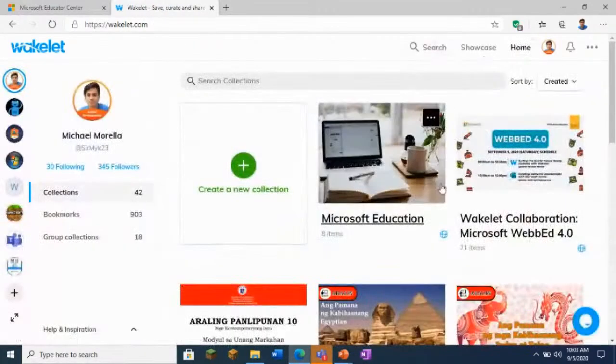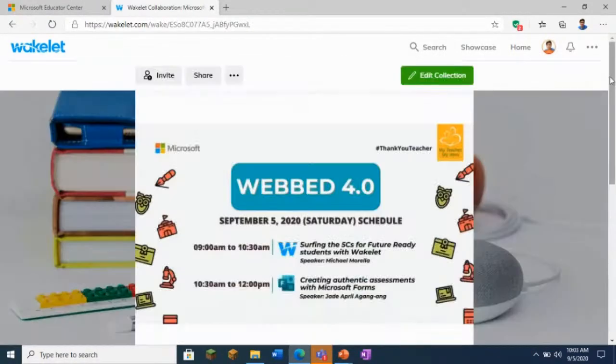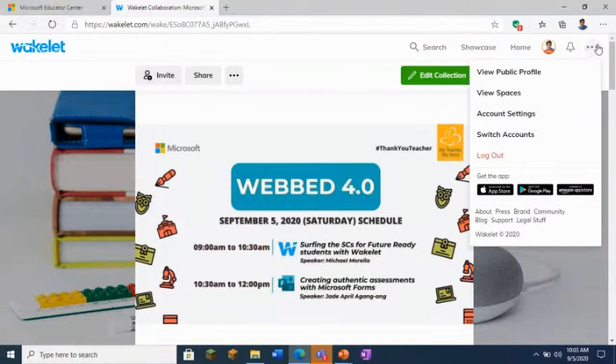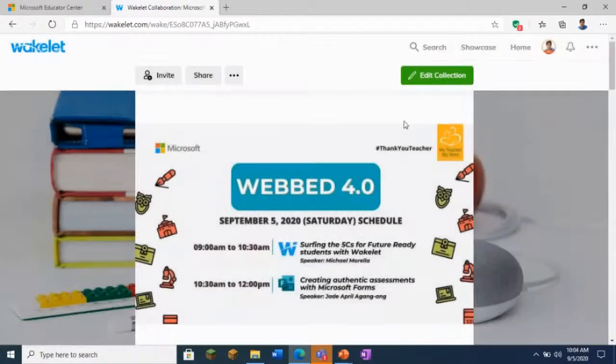Sir Mike, while waiting to populate the Wakelet, we have some questions that relate to contributing to the content. First is, kahit sino po mabigyan ng link ng collection of content ay maa-access ng students ko kahit walang account ng Wakelet? Yes, ma'am. Kahit walang account yung bata o yung educator, yung co-teachers mo, once na binigay mo yung share link nito, they can view